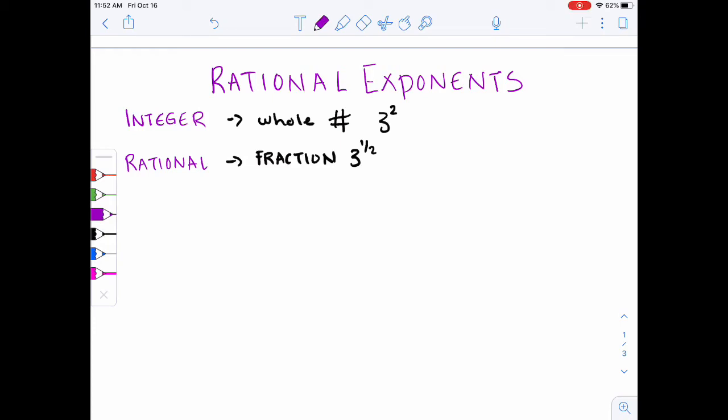Let's learn about rational exponents. The other day we learned about integer exponents. Integer means basically a whole number, so your exponent would be something like a 2, 3 squared. When you see the word rational exponent, that basically means your exponent is a fraction, as in 3 to the 1/2 power. Rational exponents are really useful if you're having to take the square root, the cubic root,